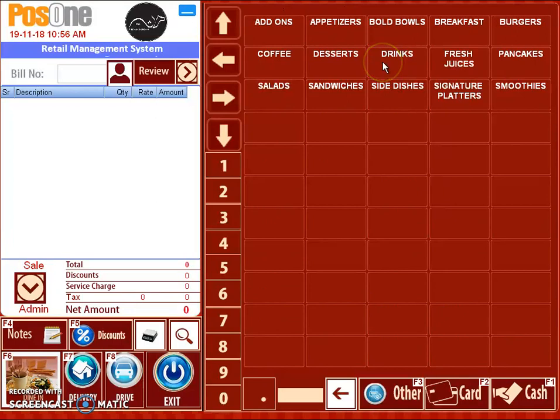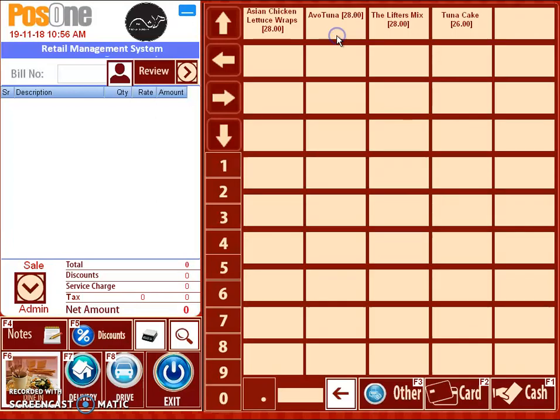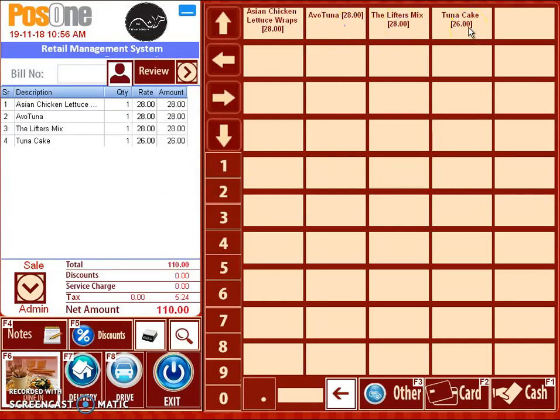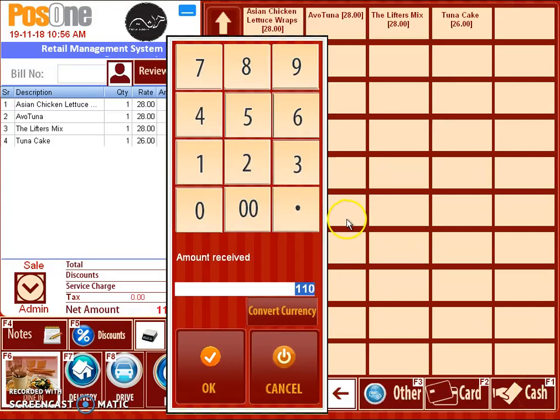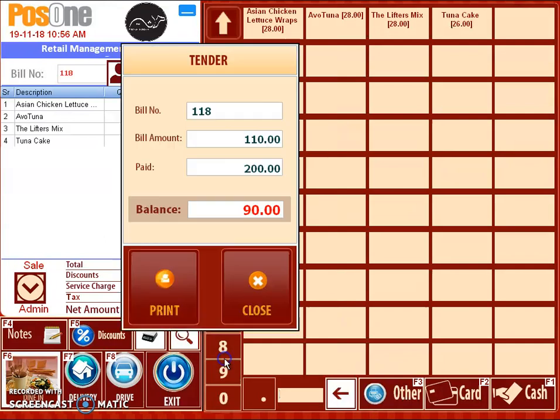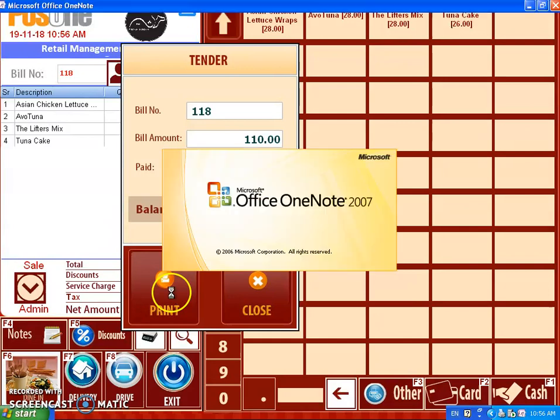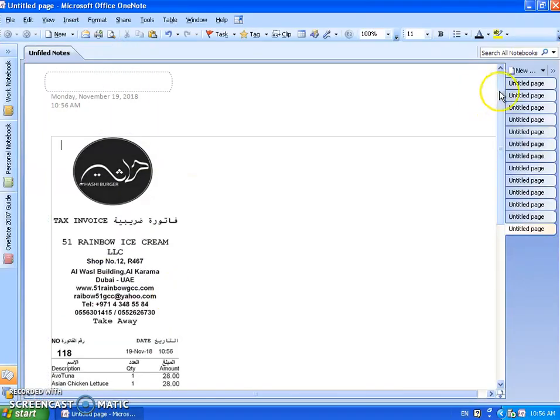Order taking is simple enough. Select the group and select the item, then decide the payment mode. If the customer is a takeaway customer and paying cash at the same time, you press cash, enter the amount the customer has paid you, the transaction is done, and the bill is finished. The system can print it, or based on that you can